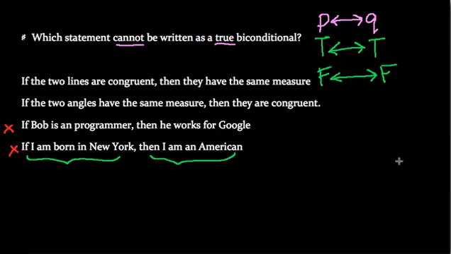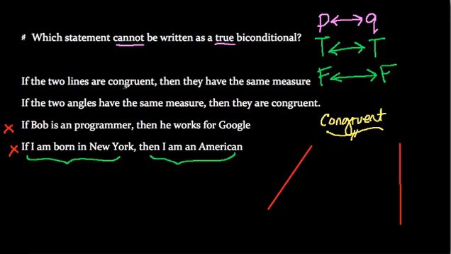Well, congruent just means, let's say I have a line over here. Well, this line, let's say over here, pretend it's the exact same length. Well, they are identical except for what? Well, they're in different locations. That's what congruent is referring to. It's just a word we have that helps us describe this idea that two things can be equal, but in different locations. So the question is, if two lines are congruent, then they have the same measure.